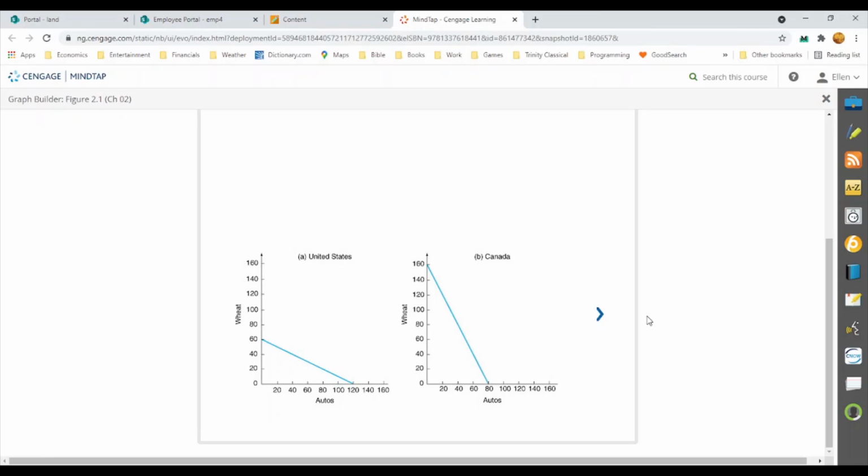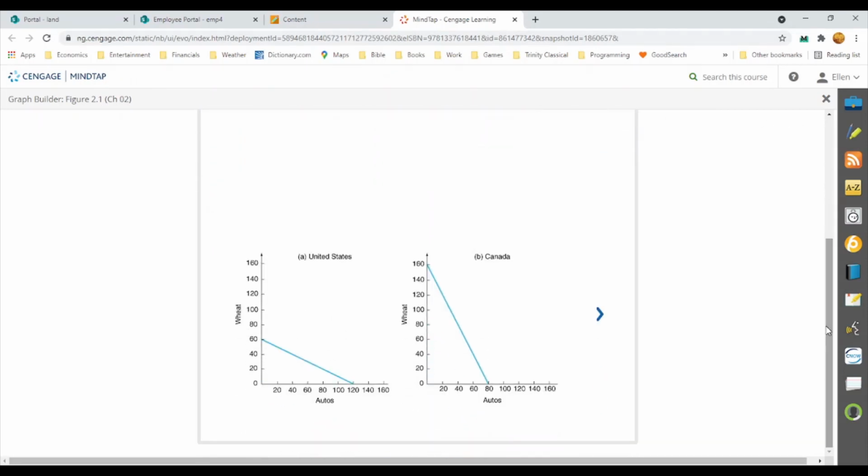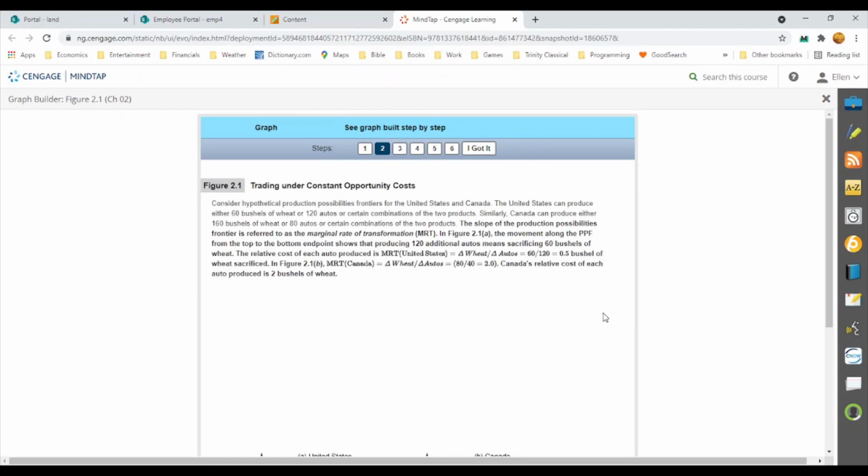But starting off here, we have something pretty close to what we would have learned, but it's worth looking at it, making sure you've got all this down. And so the textbook, if you have the ebook access, actually you might have to have the Mind tab access, and that was not required. But if you do have it, you can actually do this graph builder yourself, which is nice because